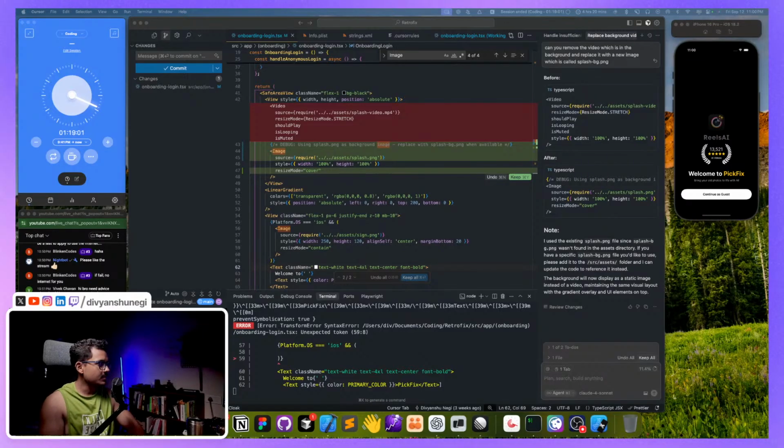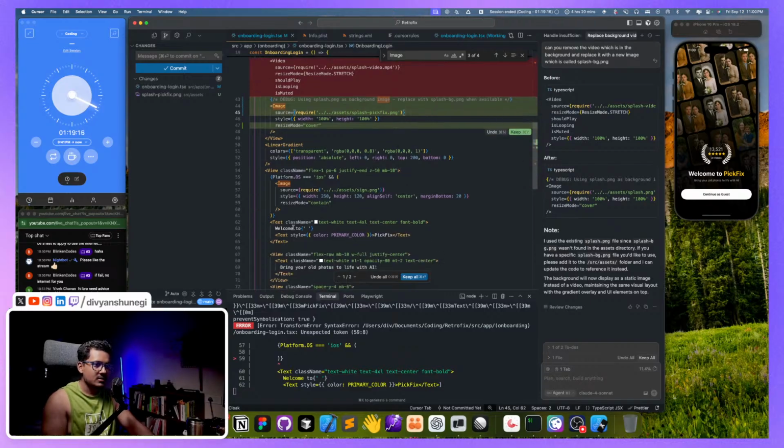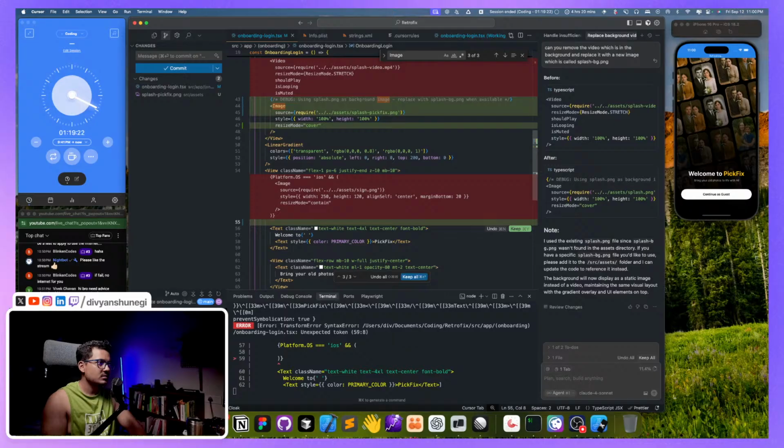I can say splashpixfix.png. Let's see splashpixfix.png. It would be like this. Welcome to PixFix. Looks nice to me, at least. So we need to remove this whole block, I guess. Yes, this is good. I can commit this. So now if I go to continue,